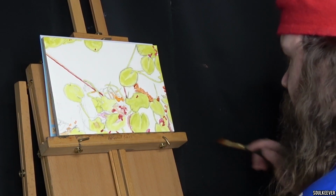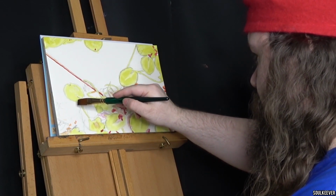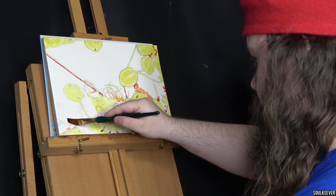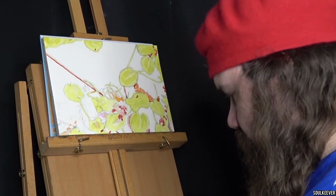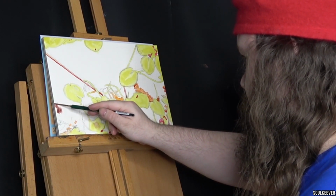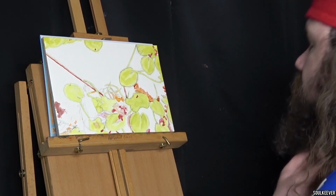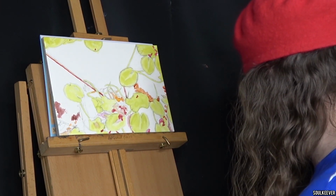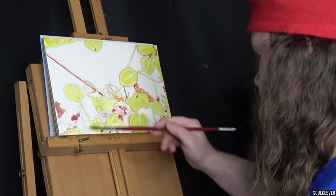You know what I might do here is I might go in right about, I'm going to take a little bit of water off that brush right there. I'm going to go in with some of this right about here. Okay. I'm going to take the pyrrole with the ultramarine, of course. I'm going to get a little bit more ultramarine than I was using on the colors above. Okay. Then over here, I'm going to take, you know what, I should probably get my other brush for this. This is getting to be work that's much too big for a liner brush. And I've got to be careful now because I might create a bloom, but